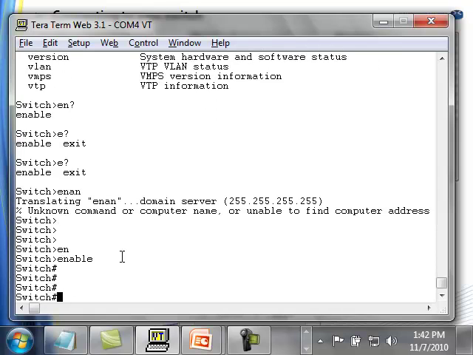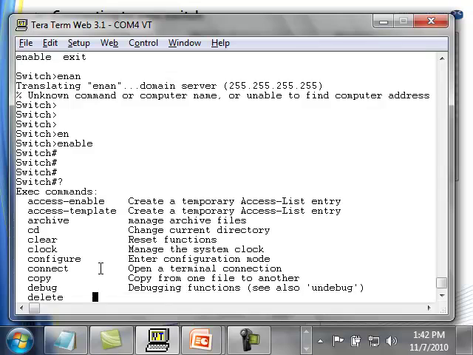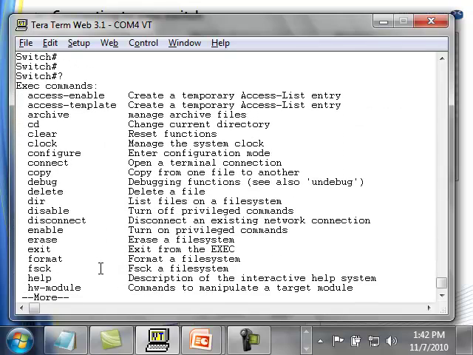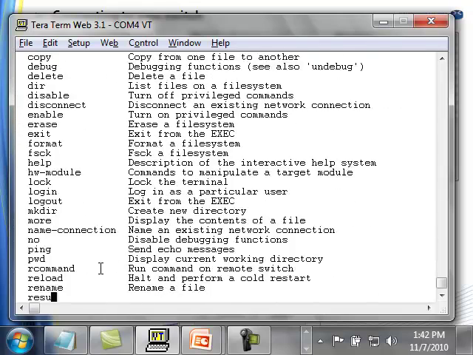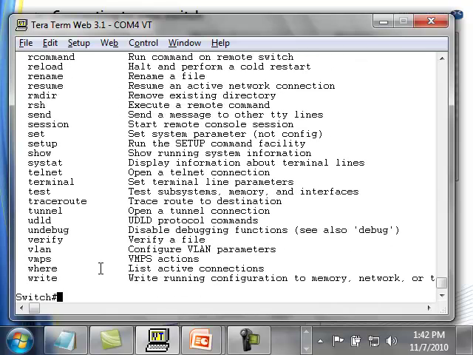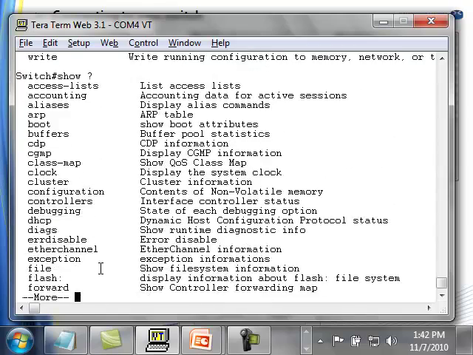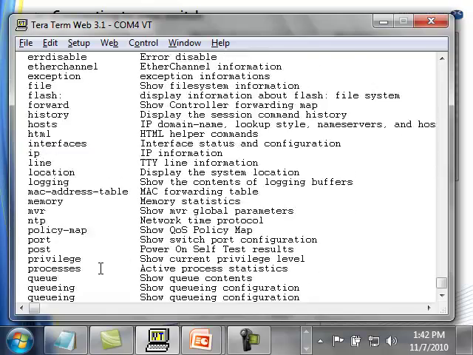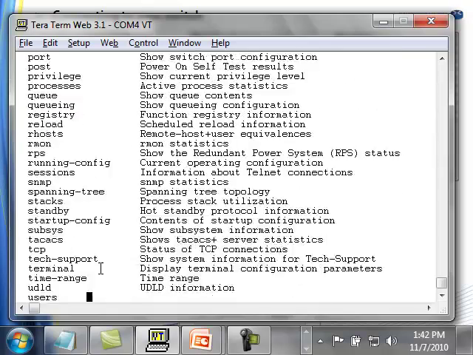So once I hit enter, notice this prompt changes. It went from a greater than sign to a pound sign. The pound sign shows that I'm in enable mode. And now I can enter a question mark again. I can hit enter to go line by line, or I can hit the space bar. Whoa, we got a lot more commands that we can enter, don't we? So we have the show command, question mark. Now all of a sudden, look, I can do